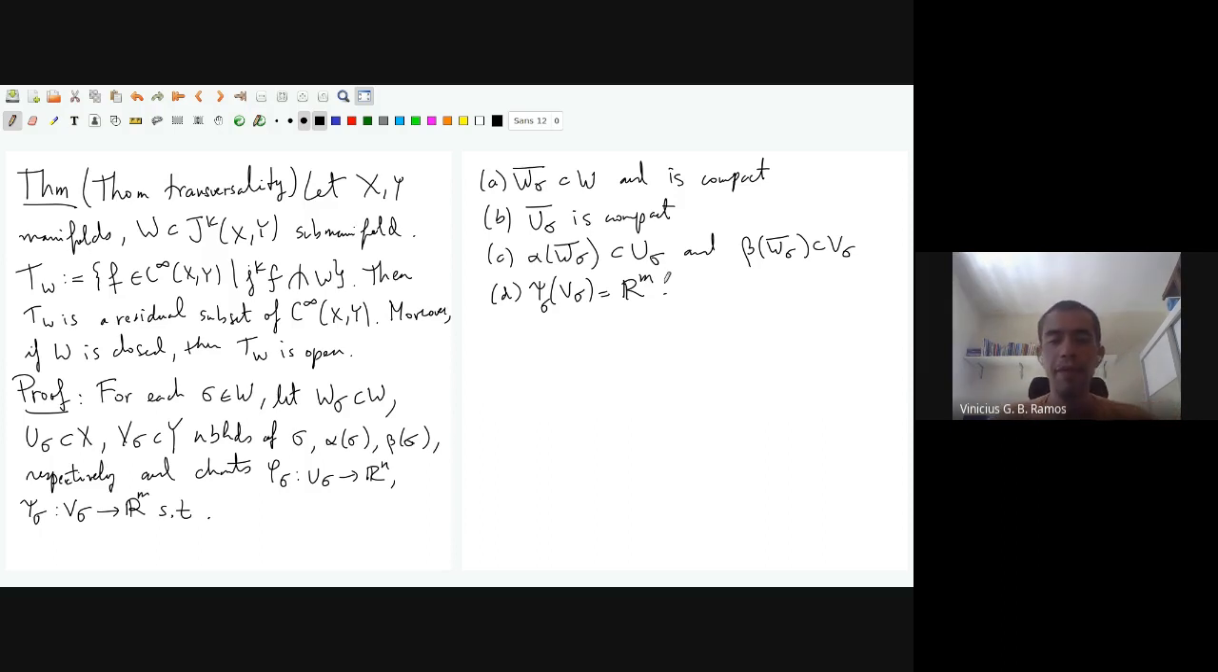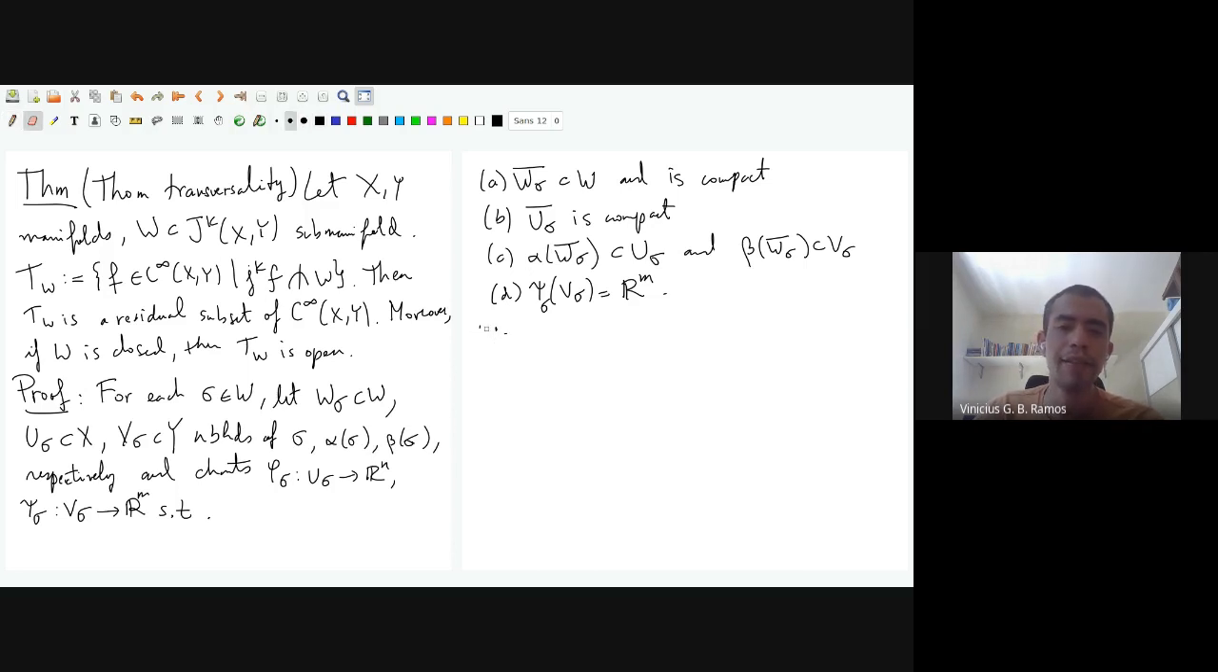Okay, and then basically we can choose a countable collection of sigmas so that we have a covering, and then the T_W is going to be the intersection of all of them. Okay, so because of that, for now, we're going to actually concentrate on just one of them. So we're going to let,